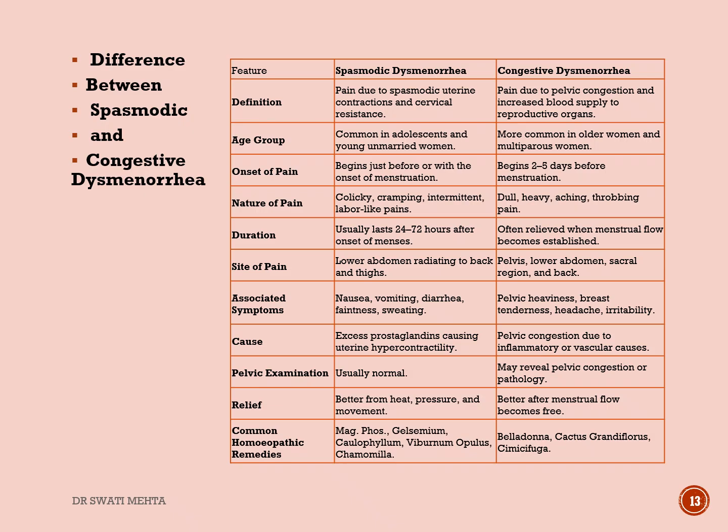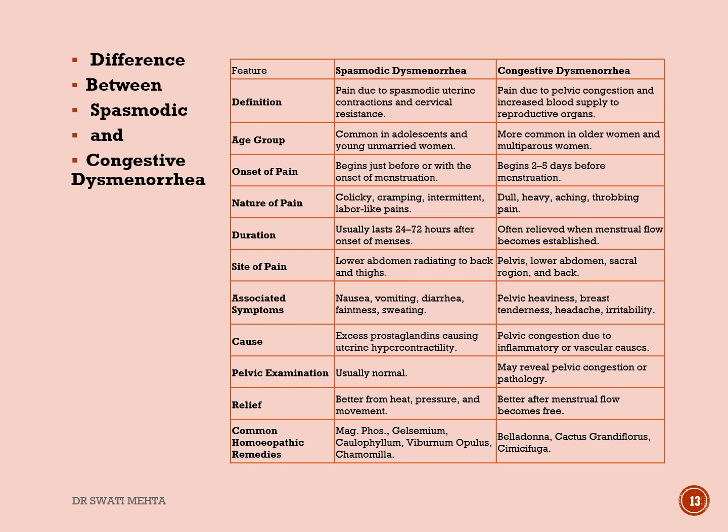Associated symptoms such as nausea, vomiting, diarrhea, sweating, and faintness are common. Pelvic examination is usually normal and the pain is often relieved by heat, pressure, and movement. On the other hand, congestive dysmenorrhea is more commonly seen in older women and is associated with pelvic congestion or